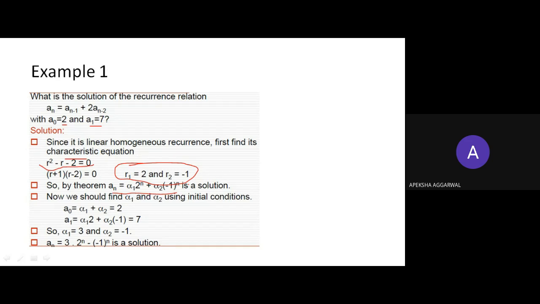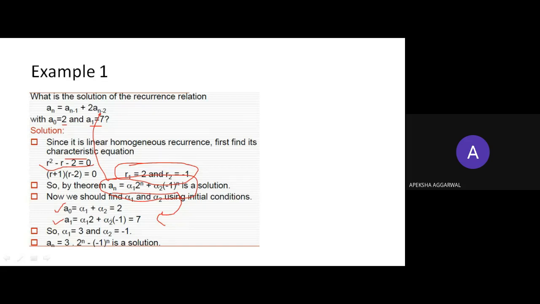Okay. Now, you are saying that this is a solution to your original recurrence, right? But what alpha 1 and alpha 2 are, you don't know. So what you want to do now is find alpha 1 and alpha 2. How will you find them? You will put in the original values of a naught and a1, and you could calculate a2, a3, and so on. First of all, you calculate a naught and a1 using this equation.